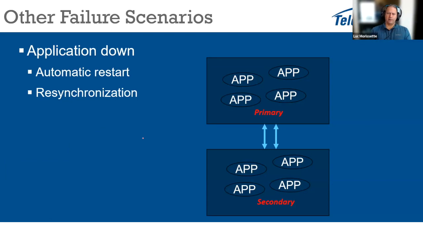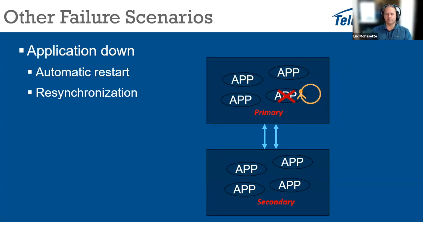If we go just a bit more in details of inside these devices, then you have multiple applications running. For example, for the web interface to access the system, you have SNMP module running, call trace module. So these are independent applications. And what happens is if one application fails, it will just restart. So it's instantaneous. If it fails, it restarts. And most of the time, it doesn't affect anything because the application will resynchronize when it starts, and it just